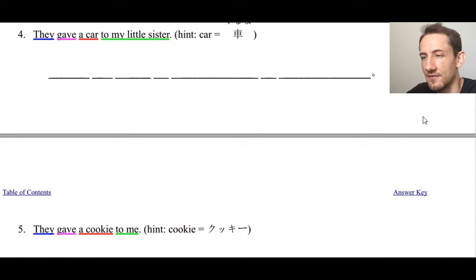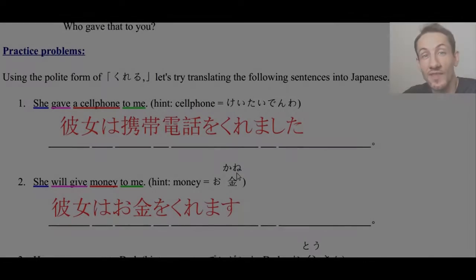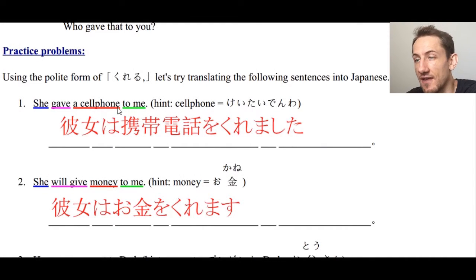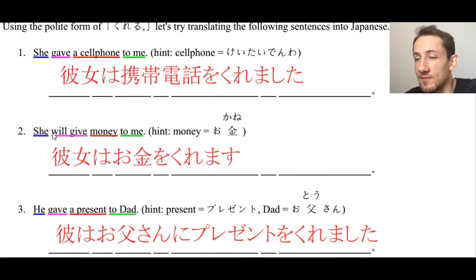And here we have numbers 4 and 5. Pause the video, answer those. And now we'll check. All right, number 1. She gave a cell phone to me. 彼女は携帯電話をくれました。So of course, you can say 彼女は私に携帯電話をくれました。But because I am the subject, I'm going to leave out 私に。